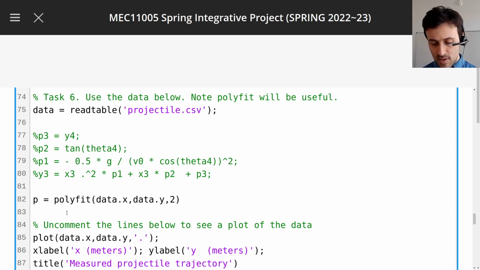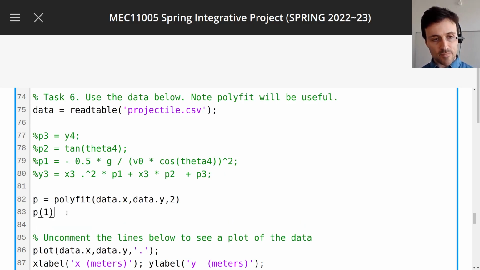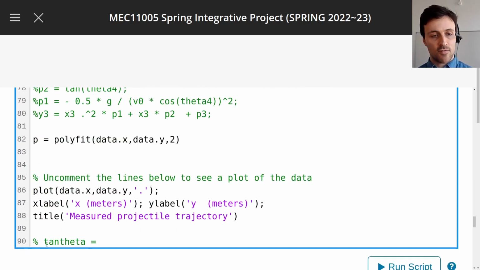So the first element will be the value to give to this p1. So that's p, so now you use parenthesis 1, that's the first element. p2 is the value that's here. If you look at it, p2 equals tan of theta 4. So all we need is this value here. That's it. So if we scroll down,